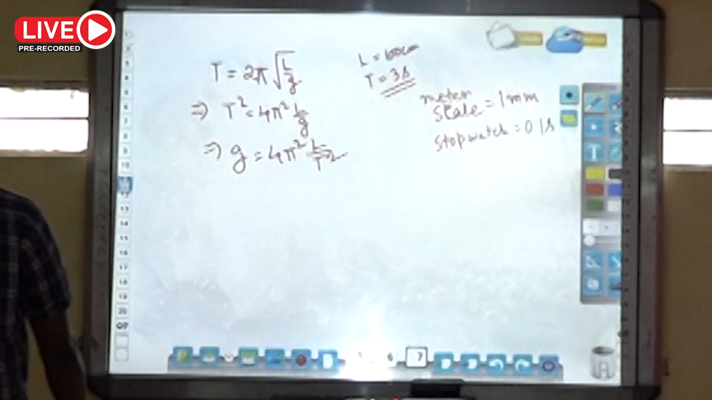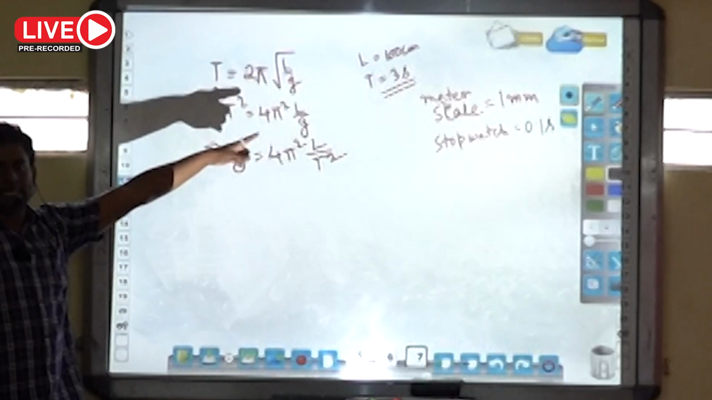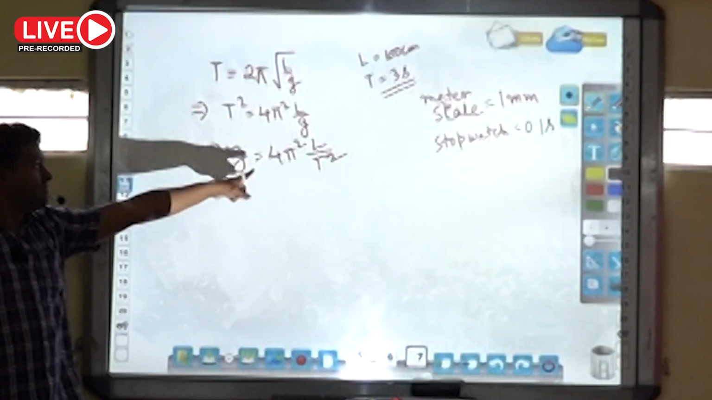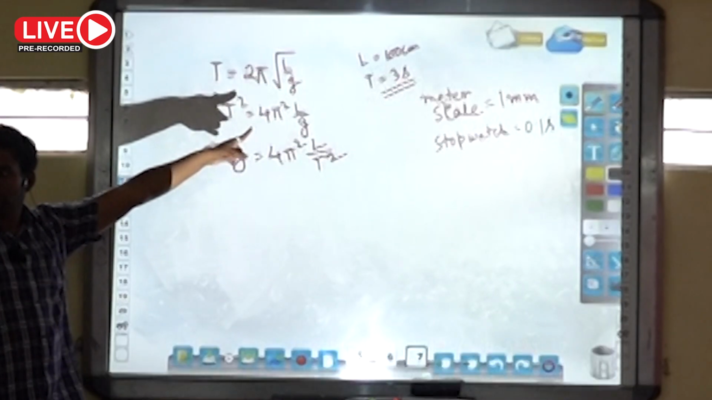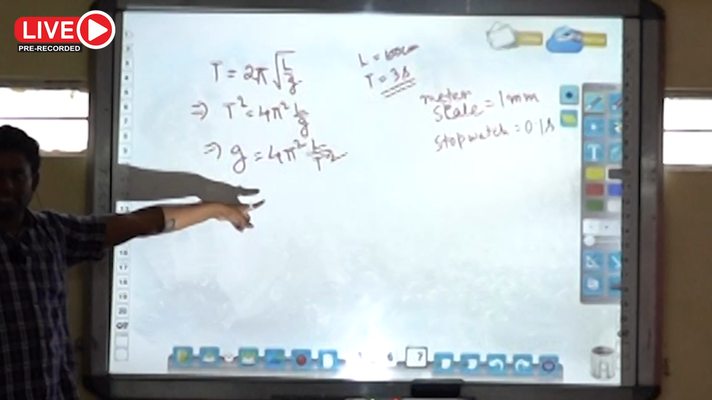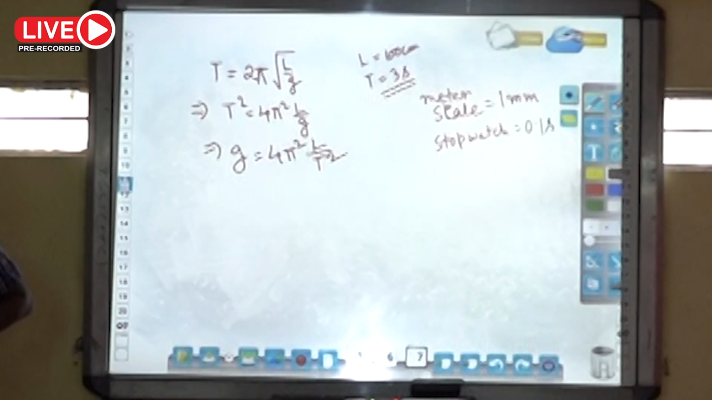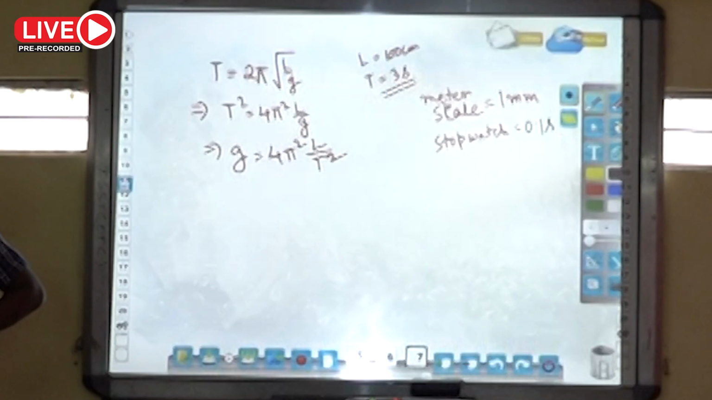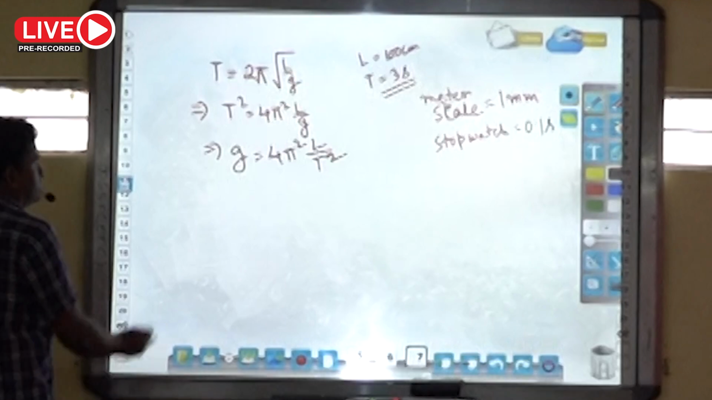See, first we consider that these proportional errors are very small, because dl by L is 1 by 100, and dt by t is 0.1 by 3, which means nearly 1 by 30. That is also very small. Since they are very small, I can apply calculus. Okay? Then from this formula,